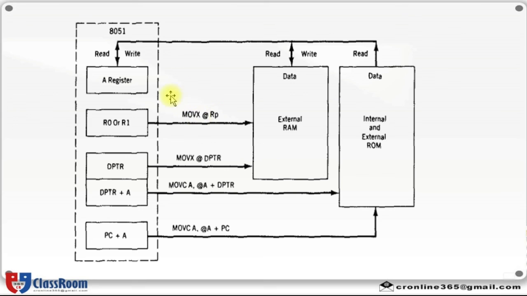So I hope you have understood what indexed addressing mode is. Indexed addressing mode is widely used for accessing data elements present in lookup table entries. So from lookup table entries, data can be accessed by using two instructions, MOVX and MOVC. MOVX is mainly used for accessing data from external memory locations and MOVC is used for accessing data from internal and external ROM memory locations. Then that data is transferred into the specified accumulator or wherever it is specified.